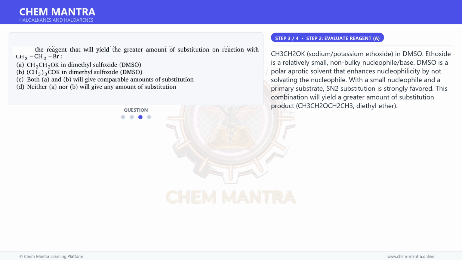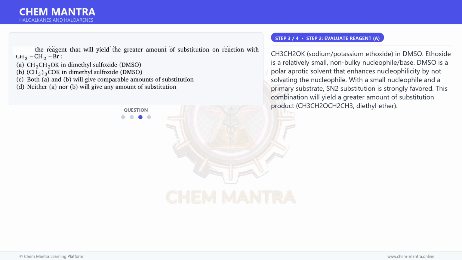CH3CH2OK, potassium ethoxide, in DMSO. Ethoxide is a relatively small, non-bulky nucleophile/base. DMSO is a polar aprotic solvent that enhances nucleophilicity by not solvating the nucleophile. With a small nucleophile and a primary substrate, SN2 substitution is strongly favored. This combination will yield a greater amount of substitution product,